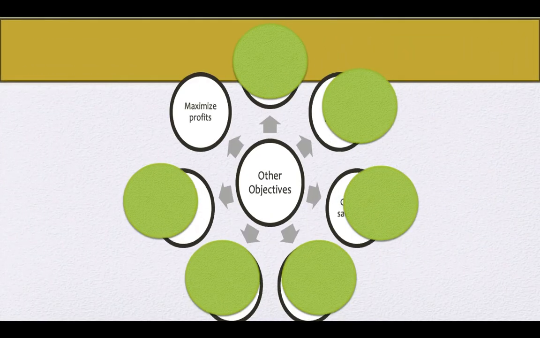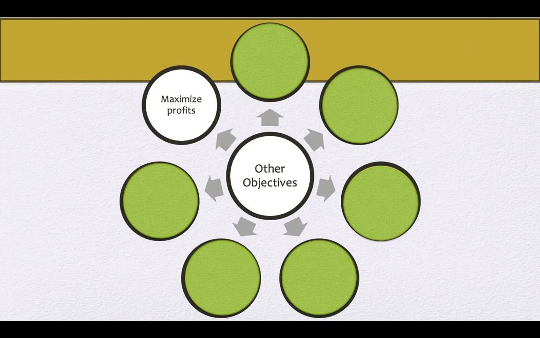But there are other objectives that a business may have. So I've got a further 6. I'm sure you can think of some other objectives. So pause the video for a second. What do you think I've got behind these green circles? Please have a think before you watch the video, so you're not just copying off my slides. Okay, let's have a look then.